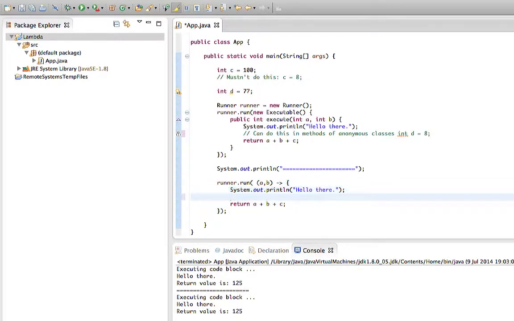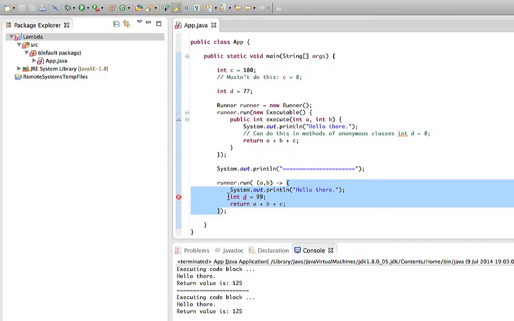So here we can't type int d equals something. If I save that, it's not going to let us do that, because it's actually working with the scope of the method that we define it in. So the error message here is: lambda expression's local variable d cannot redeclare another local variable defined in an enclosing scope. I'm not sure technically if you call this a new scope, I guess it's not, but anyway,